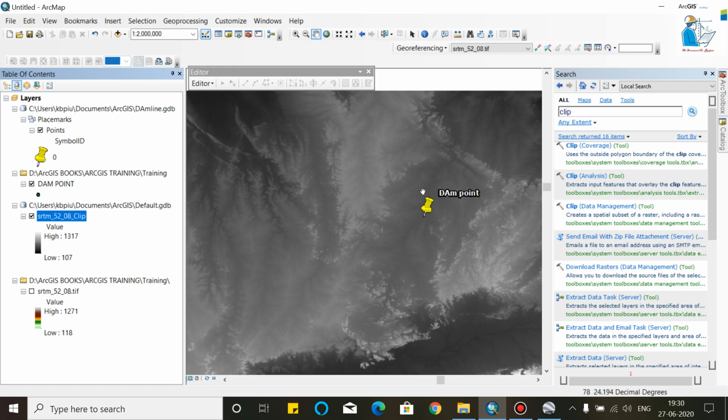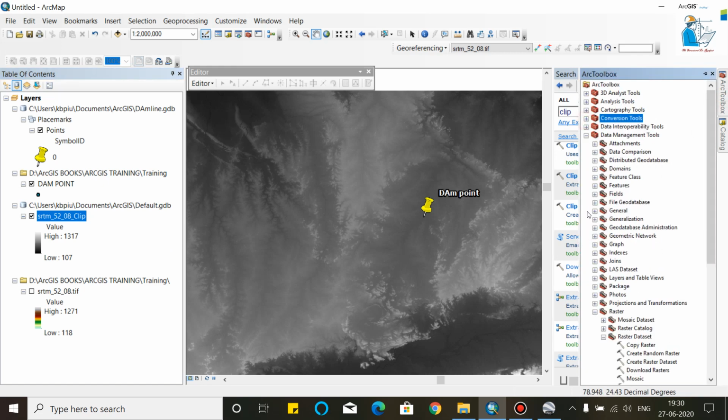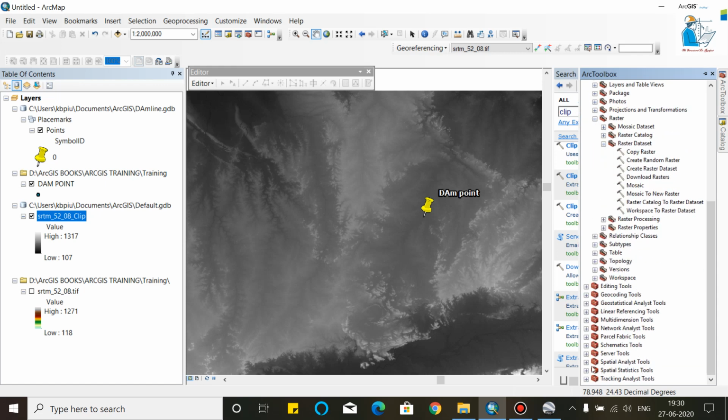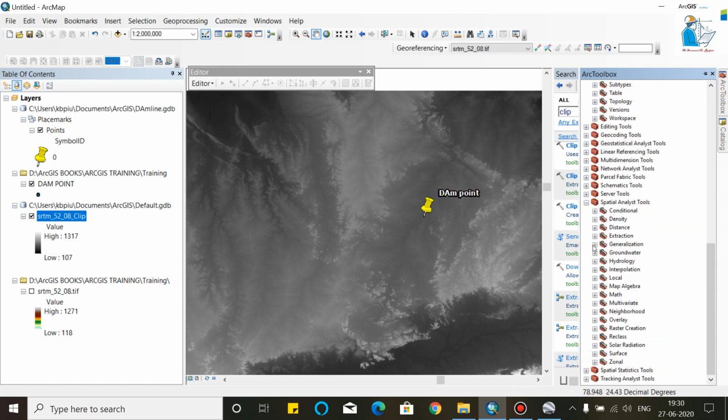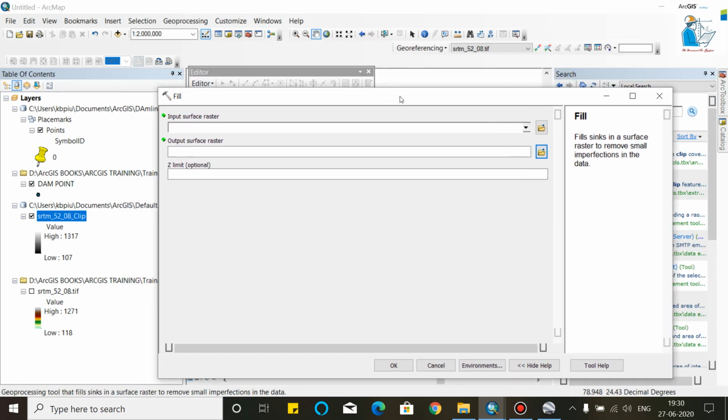Now we will fill the DEM file. You can also go to the Spatial Analyst tool, find the Hydrology tool and go to the Fill command. In many rasters there may be a pixel having a null value. By running this command we can remove the small imperfections in the data.